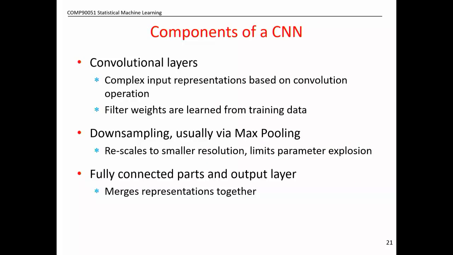Okay, so often you see in CNNs convolutional layers, we've talked about that, and max pooling, and fully connected, which we've talked about. So let's talk about max pooling, which is about rescaling to smaller resolutions, and it limits the number of parameters we have, in a sense encourages regularization. It's a little bit like this question from before, the first question we had about scale invariance, although not necessarily. I mean, you could do it that way.